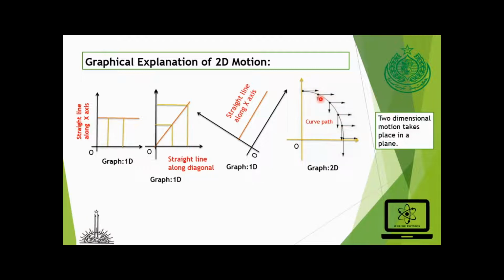Okay, let's see it at any instant. This curved path is going to change its x and y coordinates, and if we rotate the orientation of the axes, we will get a new curved path at any position. So after all, visualizing the 3 conditions, we conclude that for motion in 1 dimension the object will move in a straight line, and for 2D the object will follow a curved path. So 2-dimensional motion takes place in a plane.